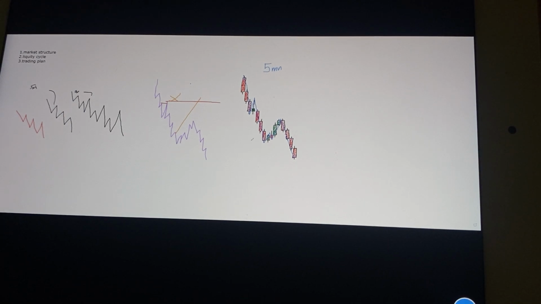Now, this push here, when we are trying to draw our charts, we will still consider this particular push here as an internal structure. And internal to 5 minutes is what? 1 minute. So what does that mean? That means we're still considering this as what? As 1 minute structure, right?